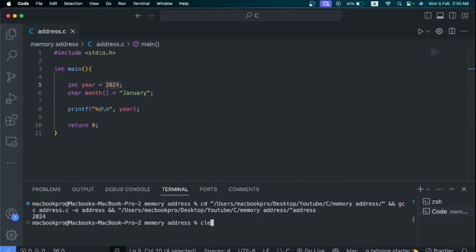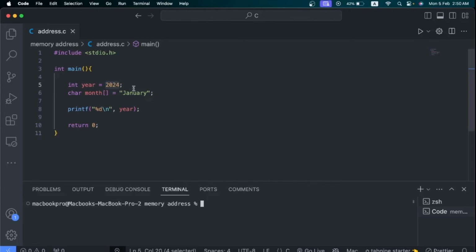So I'm going to give you an example right now. Let's say, for example, I wanted to print out the memory location of where 2024 is stored. I'm going to remove this %d and put %p. Now what the p stands for is pointer. It just simply means that we're trying to print out a pointer location to where a specific value is